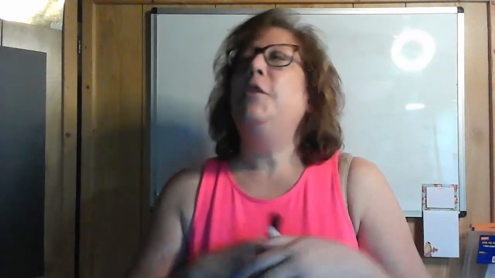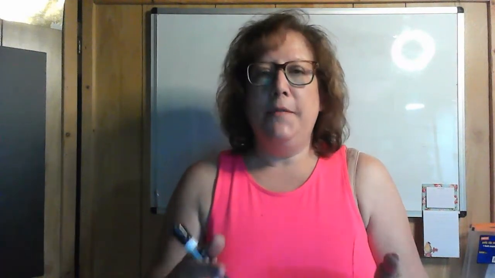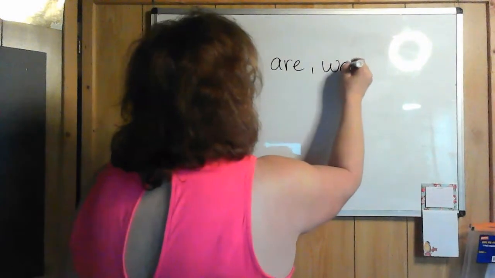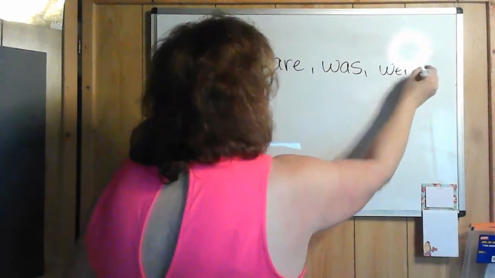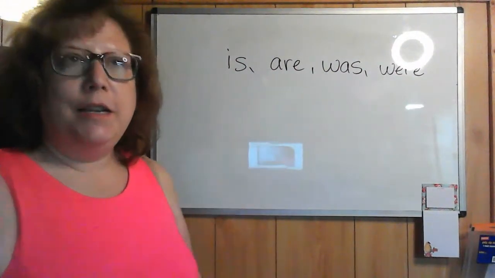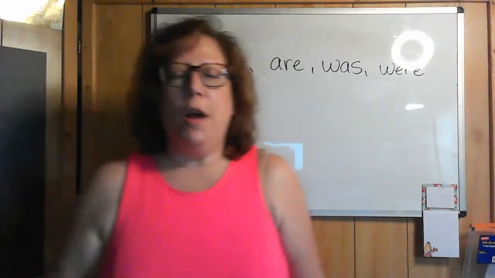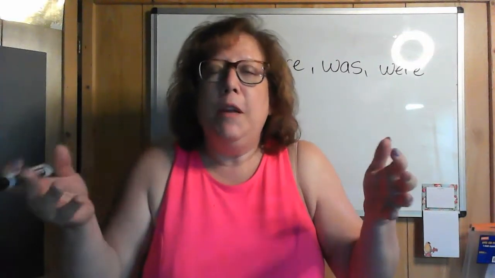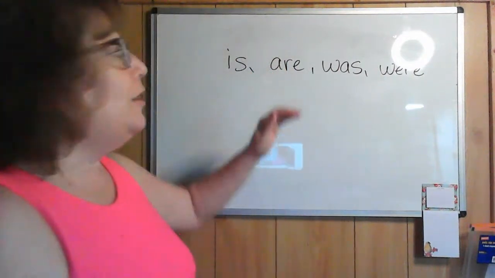Well, you could have a sensory verb, but you're not going to have that transitive. So remember those linking verbs, words like is, are, was, were. You do not look at these and see the action in your head. Now, if I said the horse trotted across the field, you can close your eyes and see trotted. But if I said the horse is in the field, you can't see the word is. I call these boring verbs.